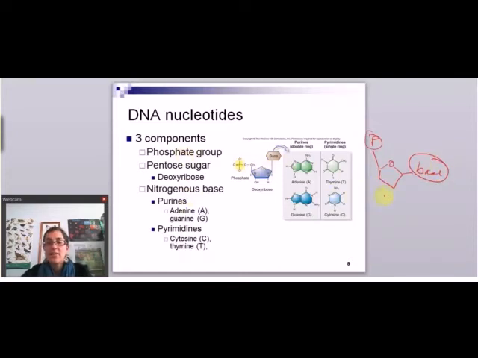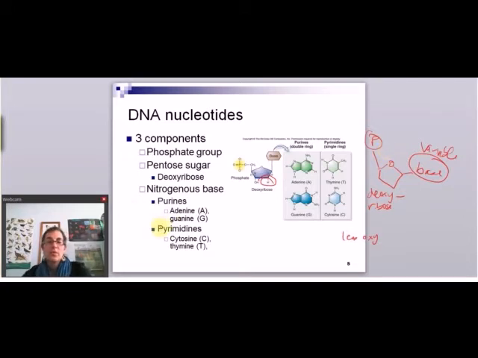In the case of DNA, this is a deoxyribose sugar. And the difference is here. So deoxy means less oxygen, right? So in RNA, we'll see that there's an oxygen there. So that's the difference. And then this part is the variable part. So the base is variable. In that position, it either has an adenine, a thymine, a guanine, or a cytosine. And so we'll generally refer to nucleotides as A, G, C, or T based on the base that's present, but always remembering that there's also the sugar and the phosphate.